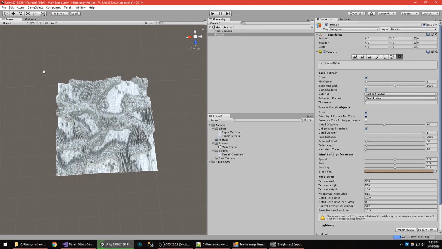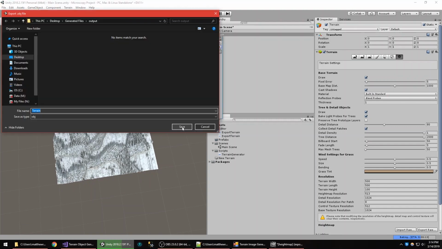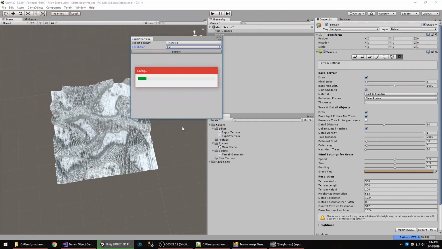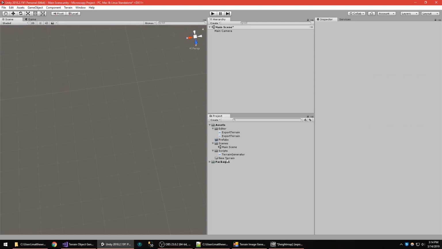terrain. Now that we have our terrain, we want to export it as a general 3D object so that we can scale it and stretch it how we please. To do that, there's a special script that we use. We select the output location, and now that it's finished, we can remove our old terrain, but we still keep